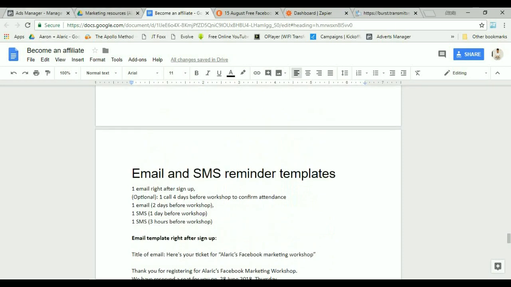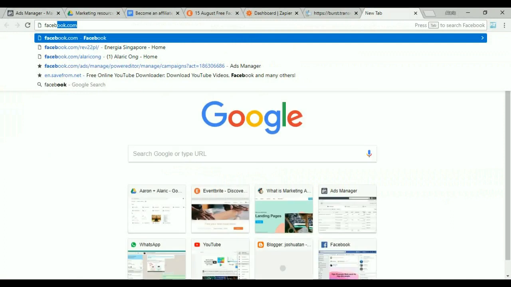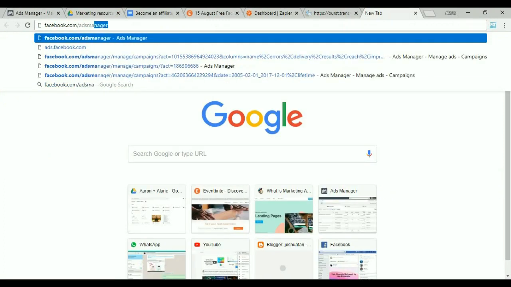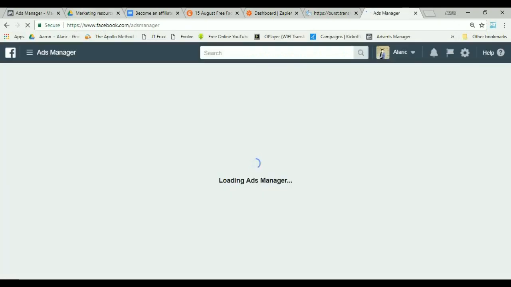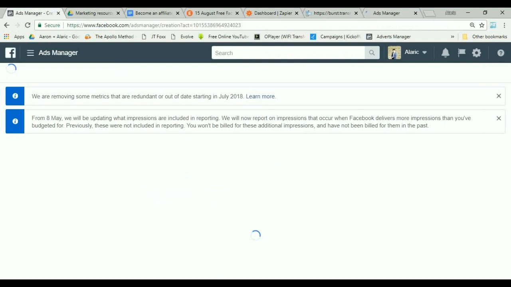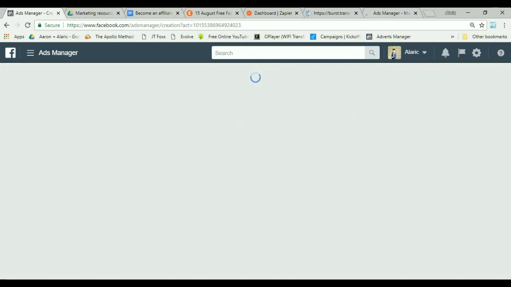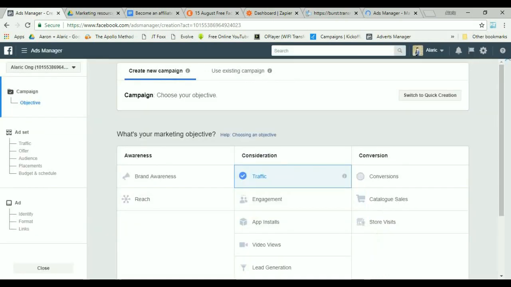Now the first thing you need to do is to go to facebook.com/ads manager. Go to this link, facebook.com/ads manager, and then you will see something like that. Then press create over here. After you press create, they'll open up a menu. Let me show you. They will show you a menu that asks you what objective you want